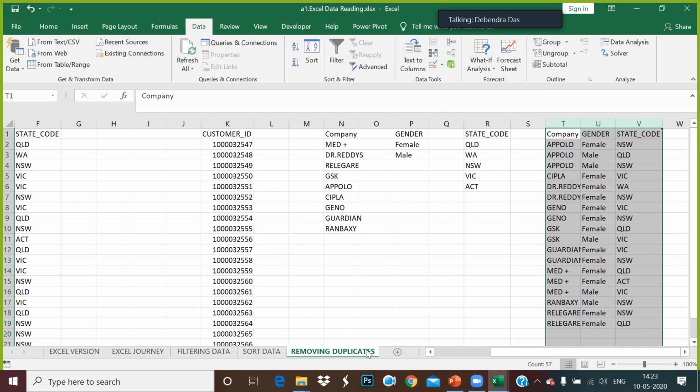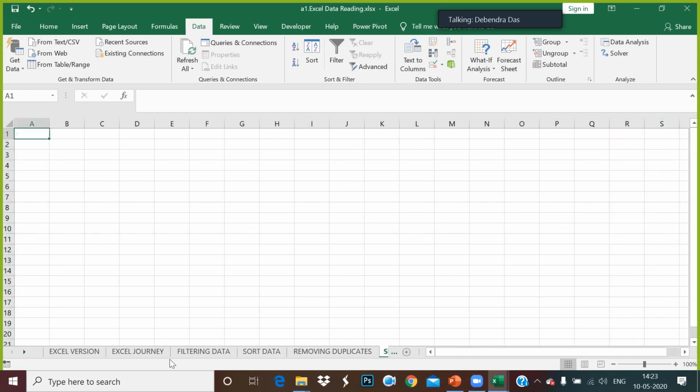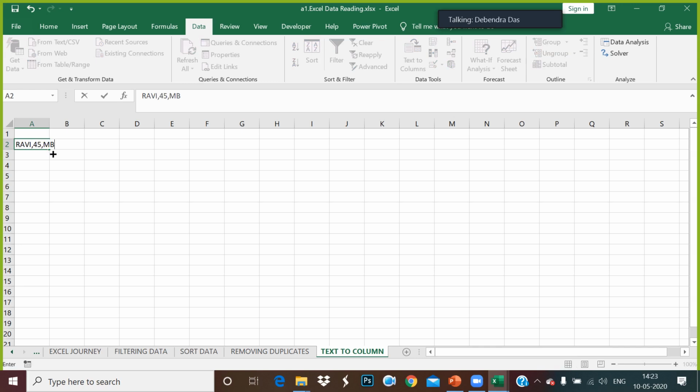Okay, now I will take you through one more thing, which is called text to column. There are two ways to use text to column. Okay, so let me tell you how to use text to column. For example, if you have data like Ravi, 45, MBA, 45,000.